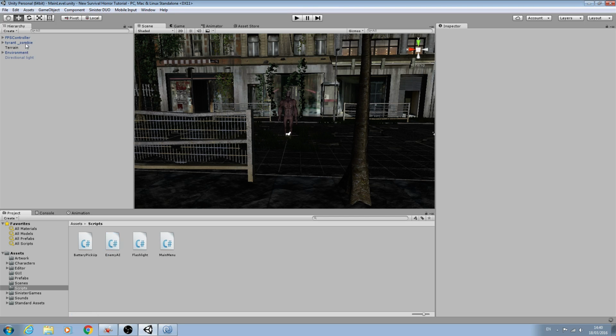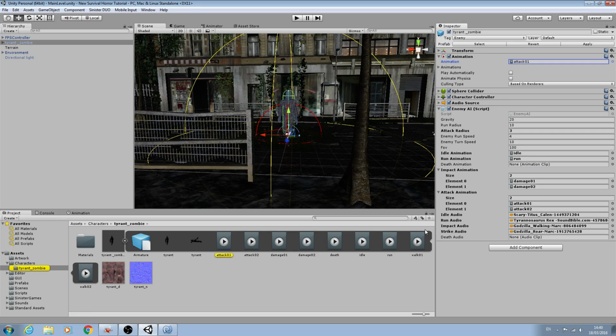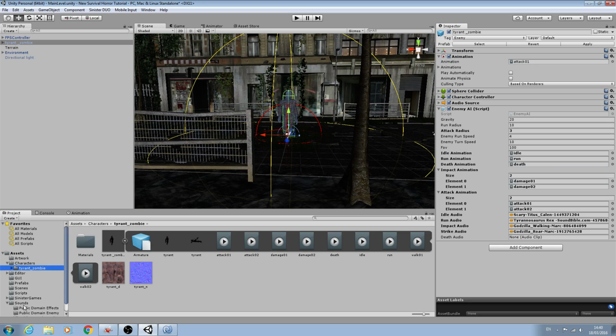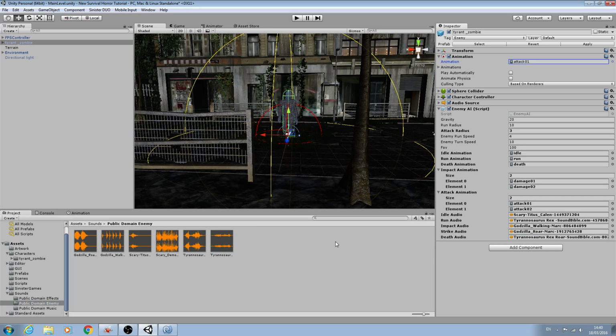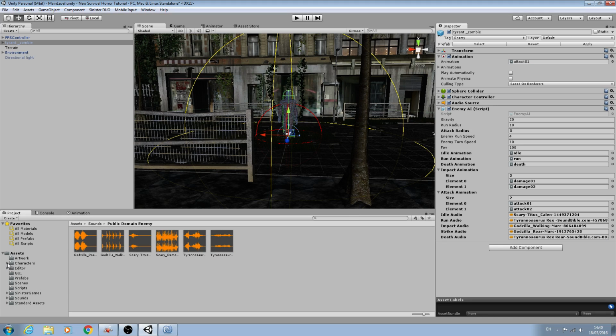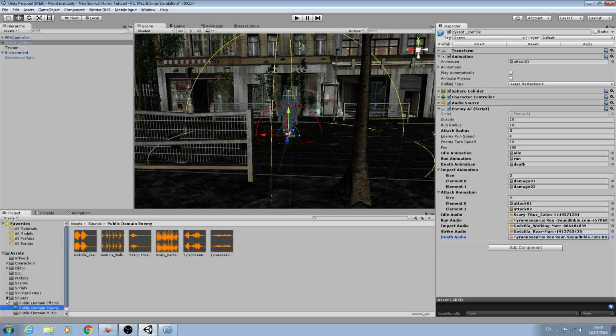So we'll just wait for the script to recompile. And there we go, we can assign animations. So we'll assign the def animation and we'll assign an audio clip. And as always, I'm using public domain sound effects because they're copyright free for the purposes of YouTube, but you of course may want to use different ones. Now with these two assigned, we can come back to our script